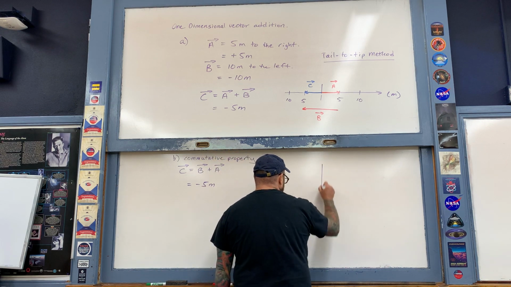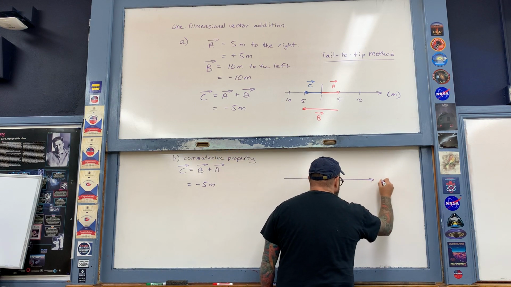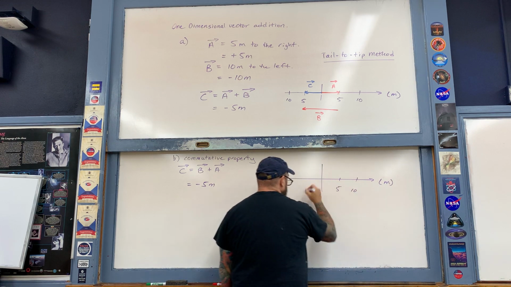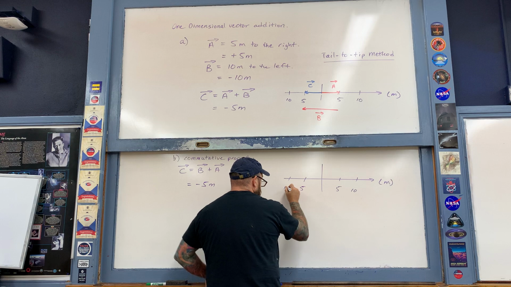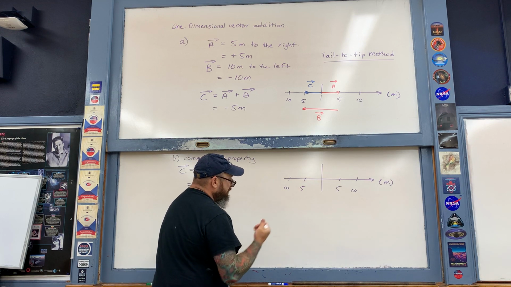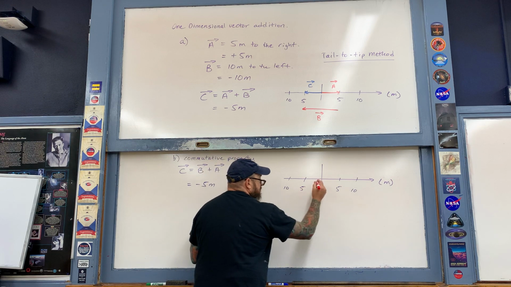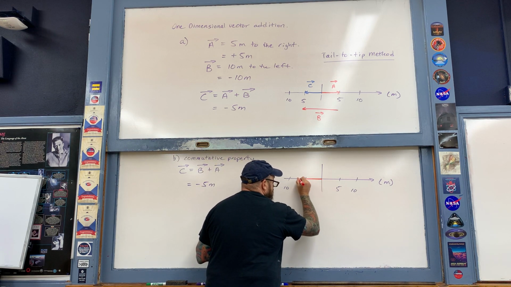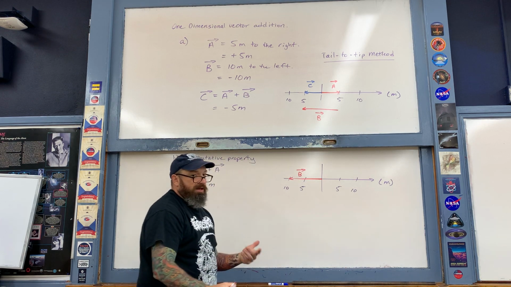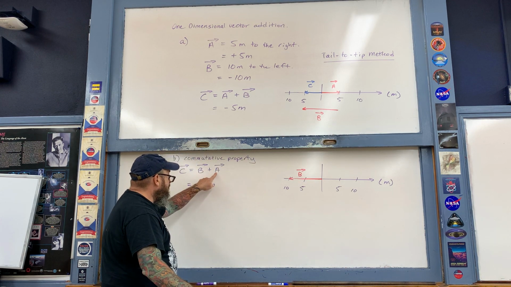That's drawn like so. So here's my number line once again, representing position in meters. So we have 5, 10 to the right, 5, 10 to the left. But now we begin with the vector B. So the vector B of negative 10 meters is drawn like so from the origin, and then 10 meters to the left-hand side. And now what I have to do is take the tail of A and place that at